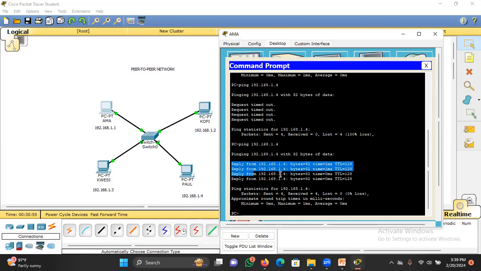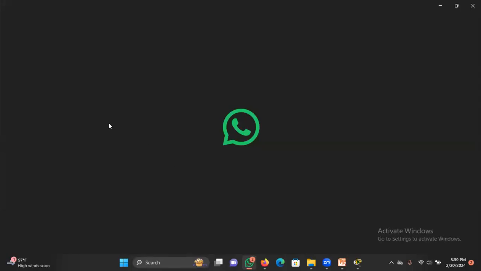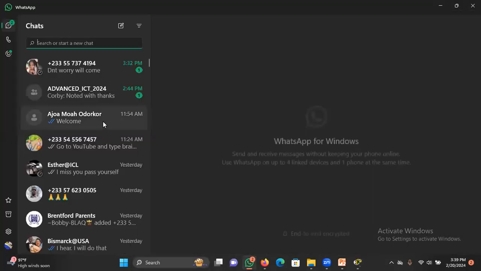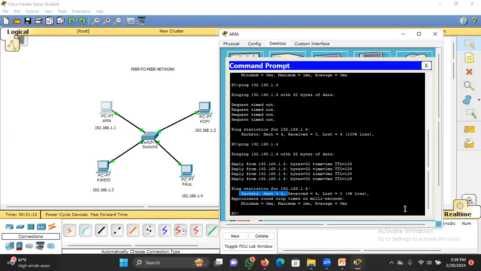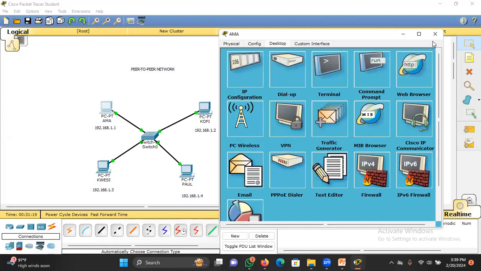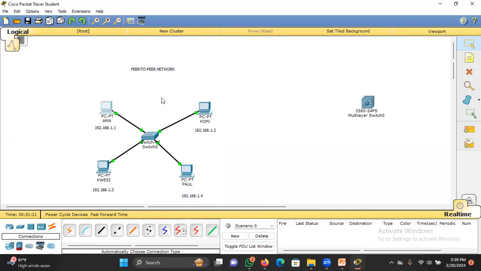We have packets sent 4, and then packets received. Okay, so let's see. This is how the communication works here. So what we want to do is to simulate